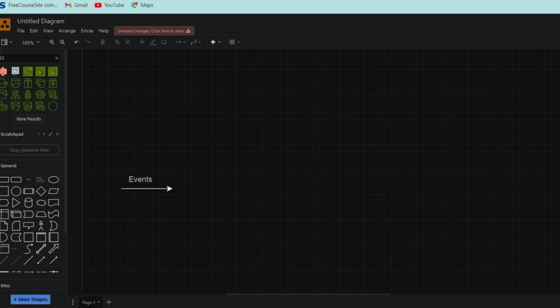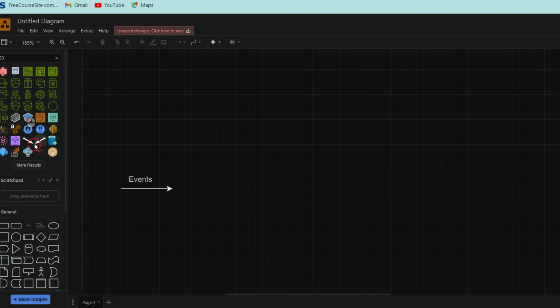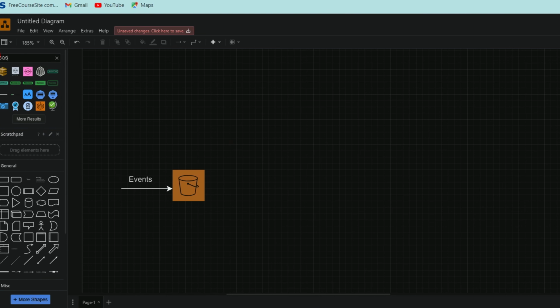So we need an S3 bucket now. In this S3 bucket, we are performing some actions through these events. If any events occur, then we are saying to invoke Lambda or some other services. As we know, we have a few services like SQS